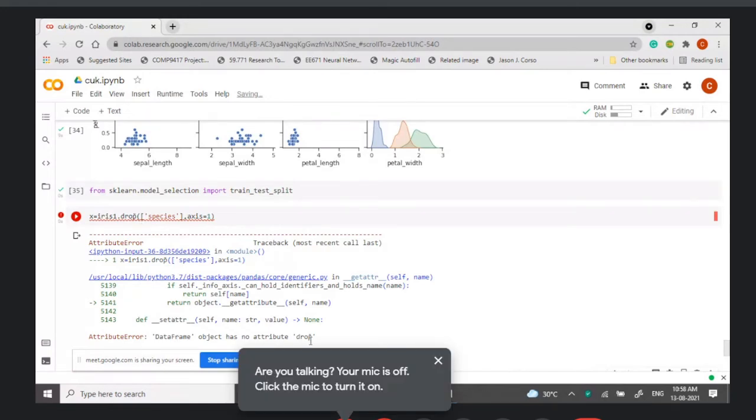It says the data frame object has no attribute drop.